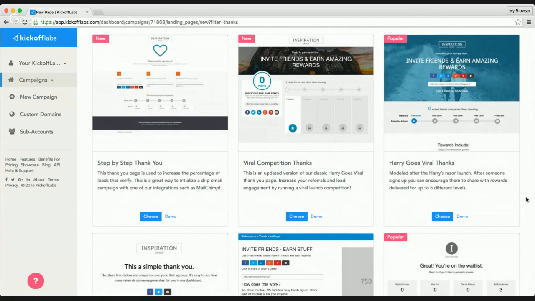If I'm offering some kind of discount, then yeah, I might want to use these reward level ones where people will get a 5% discount for sharing with one friend, maybe 15% for sharing with 3 friends, and 25% for sharing with 5 friends, something like that. So those work well for those kinds of campaigns. A wait list, obviously, it does really depend on